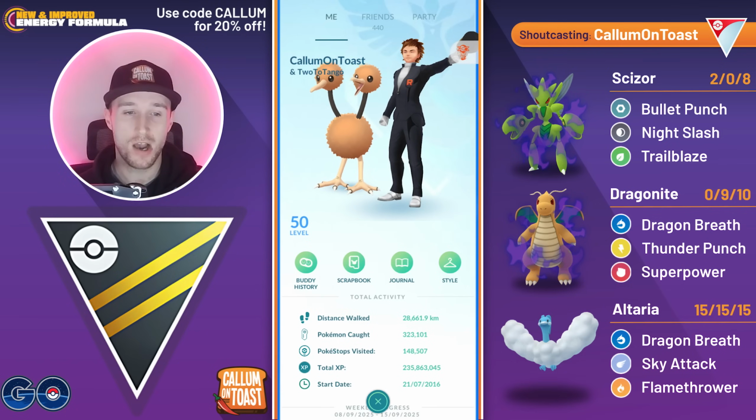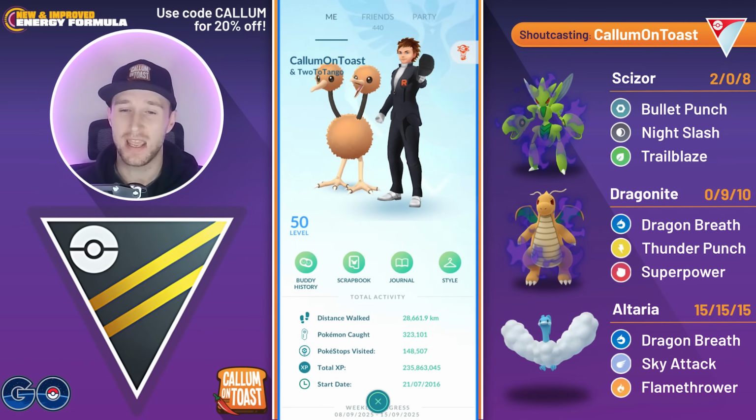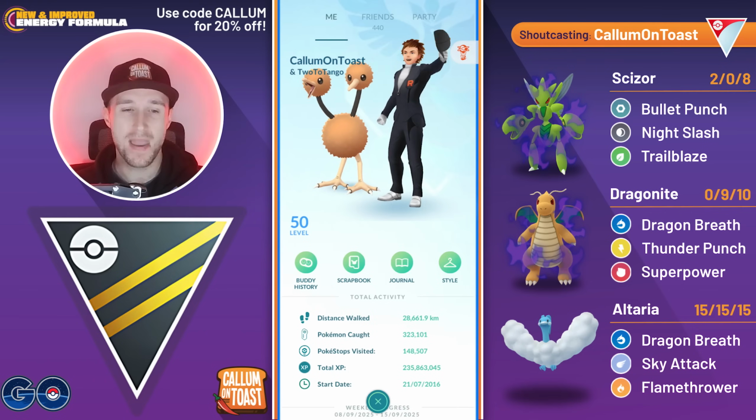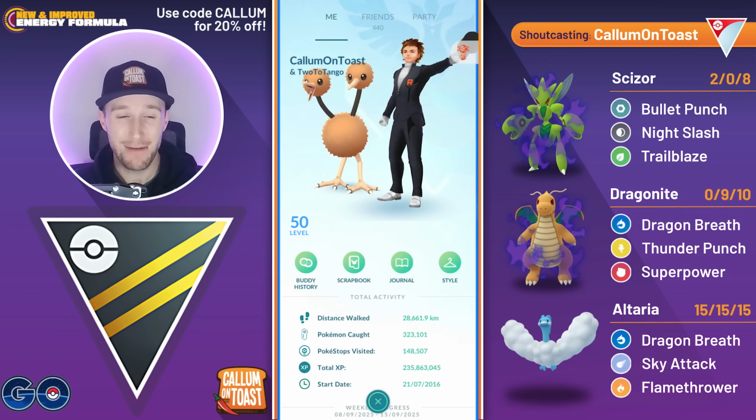I wasn't sure what to pair it with, but of course we've just had a week of the Jungle Cup, where Altaria and Shadow Scizor formed a very strong core, so I thought, you know what, let's just give that a try in the Ultra League, and I paired it with a Shadow Dragonite to make an ABB style team. Overall, I went very positive on the day, and it felt like I was making game-winning catches in basically every single battle,